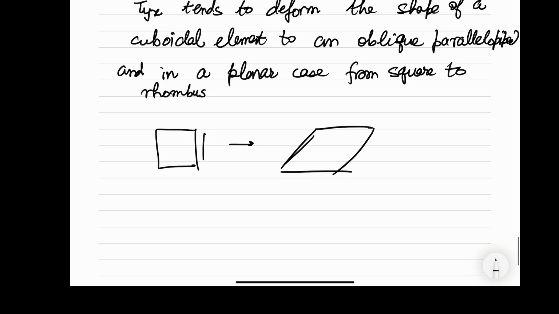This is tau yx, tau xy. So this changes to like this. And if this angle initially was 90 degrees, then